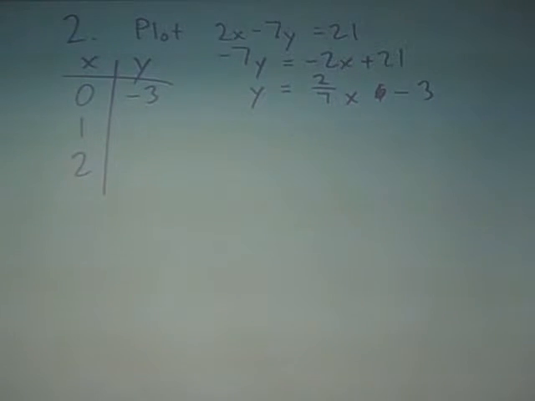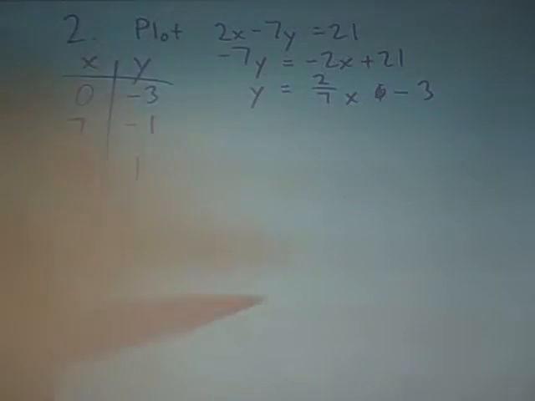1 and 2, although you could plug those in, things might become a little bit more difficult. So let's plug in 7 instead of 1. If you plug in 7, 2/7 times 7 is just 2. 2 minus 3 is negative 1. And then maybe another point that would be easy to put in would be 14. Multiples of 7 are going to be easy because we're going to be dividing by 7. So if you put in 14, 14 divided by 7 is 2. 2 times 2 is 4. 4 minus 3 is